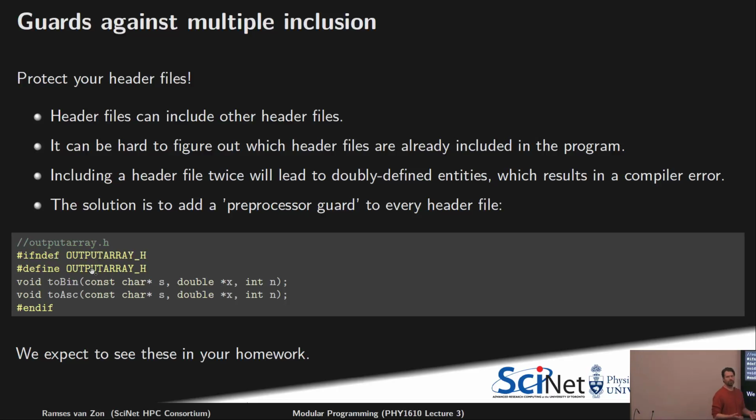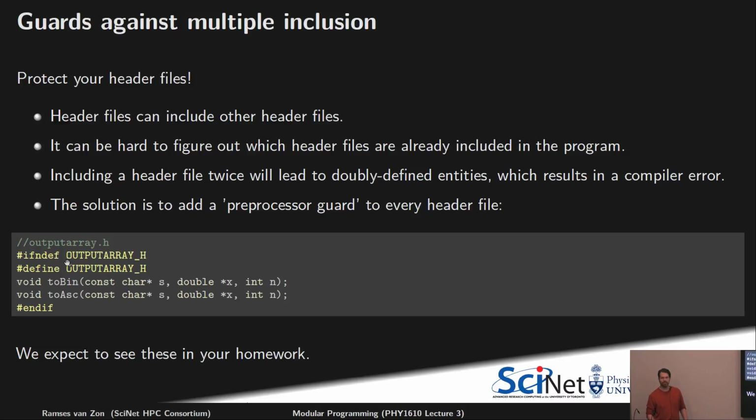Whereas the only point of a header file is to define things. Once they're defined, you don't have to define them again. So you can make sure that your headers are only read once, so that everything is defined or declared only once, by using these guards. This is called a header guard. And it uses preprocessor